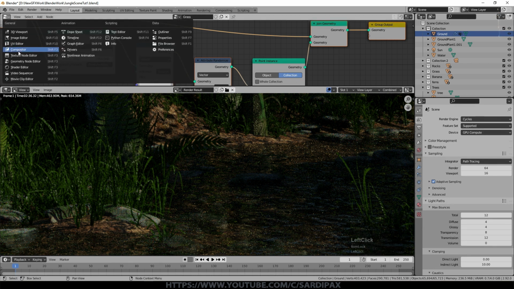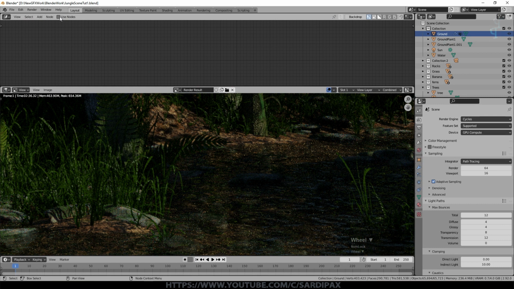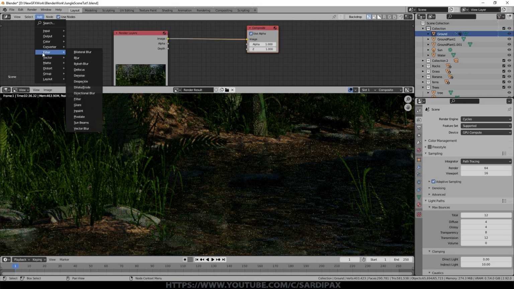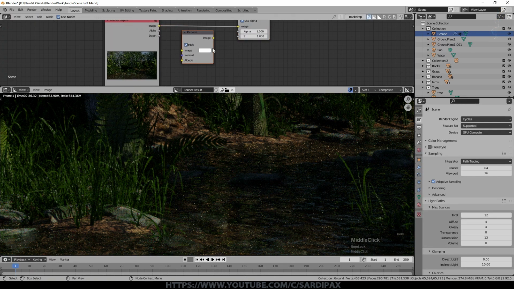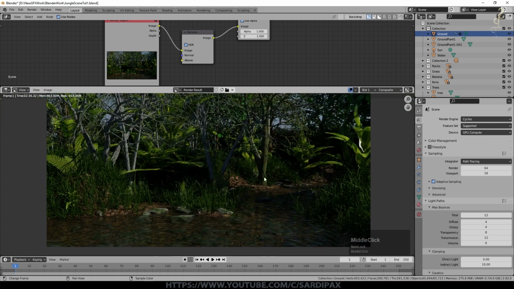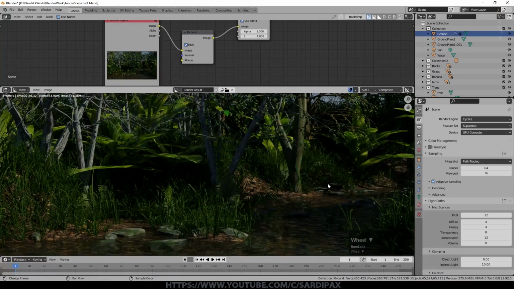So if we go to the compositor now and we say use nodes, there's our basic scene. And I want to add a filter, which is the denoise filter. Now I can just take this into here and that out to there, and you'll see some processing go on, and it will be a denoised image. It takes a little while, but I believe that's not entirely the correct way to do it. It's more of a blur if you do that. And it works. You can see it's a much smoother image now if I zoom out. It's not completely blurry, but I think it's not as accurate in terms of the denoising effect, but still a perfectly acceptable image.